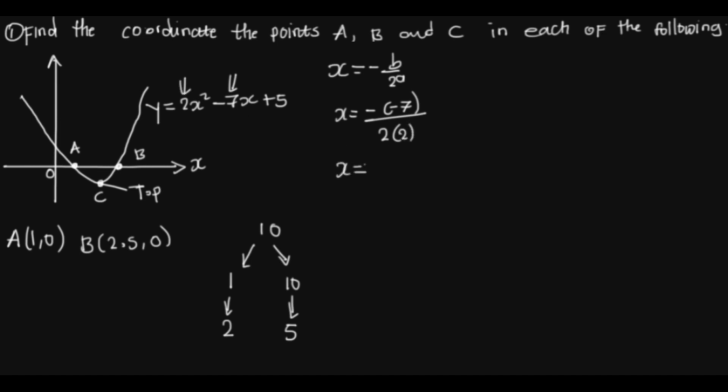So our x is equal to negative times negative 7, which is positive 7, over 2 times 2, that is 4. So our x coordinate is 7 over 4. Then let's find the y coordinate. So the y coordinate is equal to